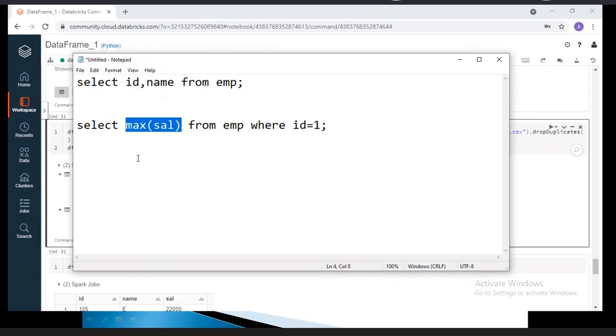For every ID, I want the max salary. If there are duplicates, we can say group by, right? Yes, group by. Can we achieve this? Yes, with all the things possible. This is with the help of the group by functions. We have some aggregation functions, and with the help of those aggregation functions we can apply every class to data from the database.